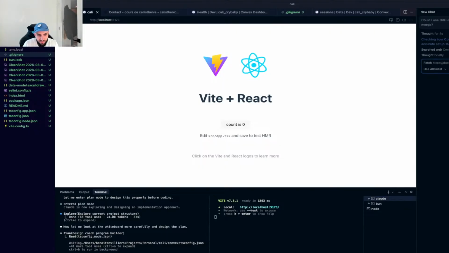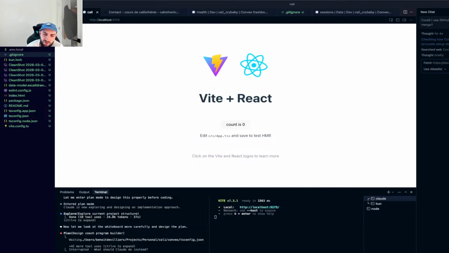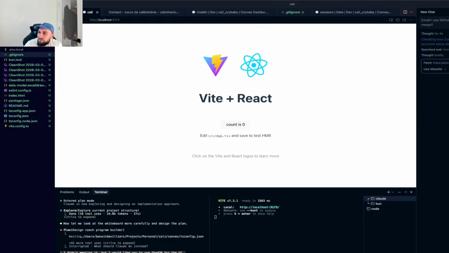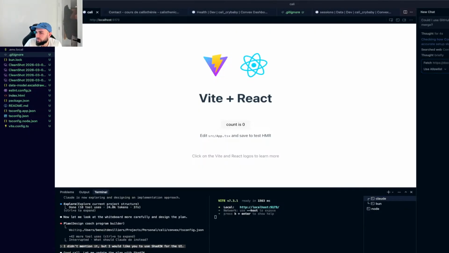One thing I haven't said at all is to use shadcn, which I might regret. I didn't mention it, but I would like you to use shadcn for the UI. I don't know if Super Whisper is getting my pronunciation better or if I'm talking better, because most of the time it was typing it wrong and now it's getting it right, so either I'm starting to know how to talk or